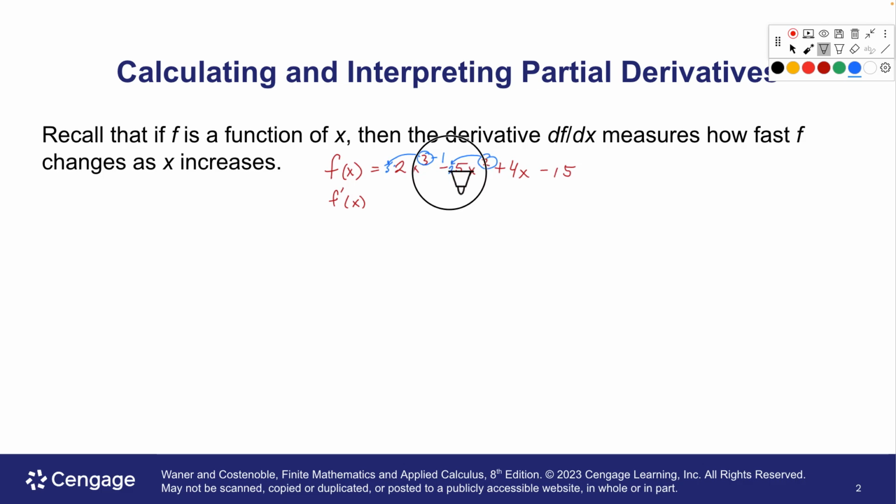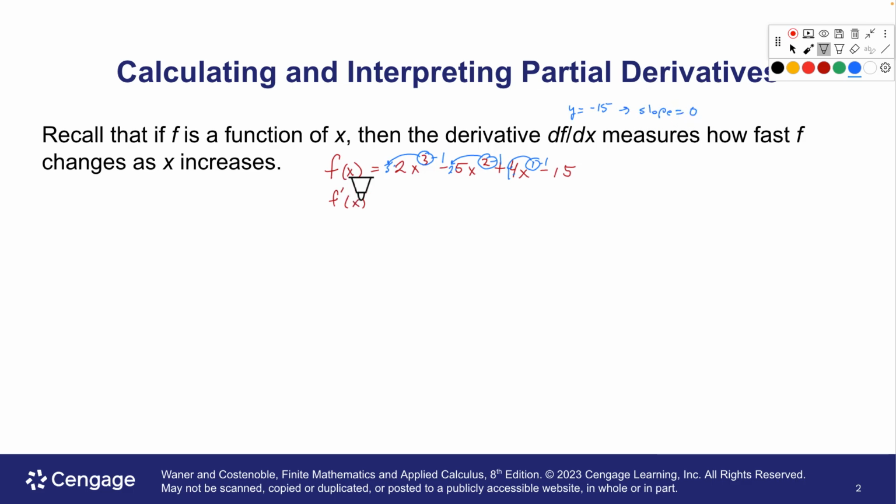So we'll multiply this one by 2, subtract 1 from the exponent. 4x has actually got an exponent of 1, so we bring that in front. 1 times 4, subtract 1, we'll get 0. And if you remember, every time we have a constant, a number without a variable, its derivative is going to be 0. That is because we could view this as the function y equals negative 15. That's a horizontal line which has a slope